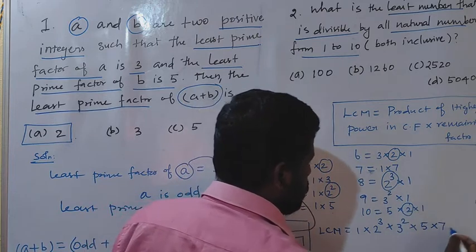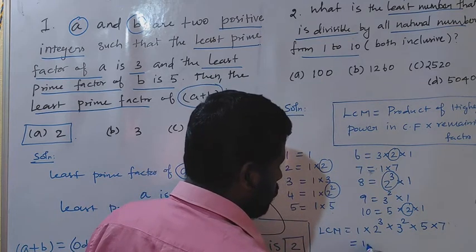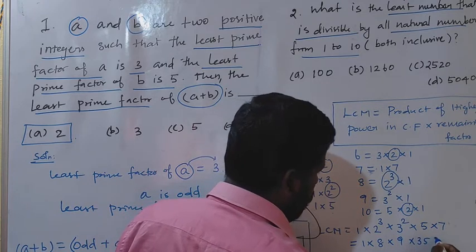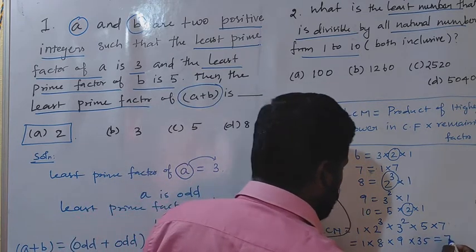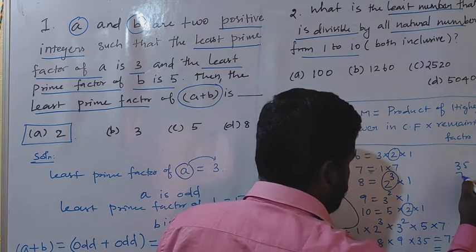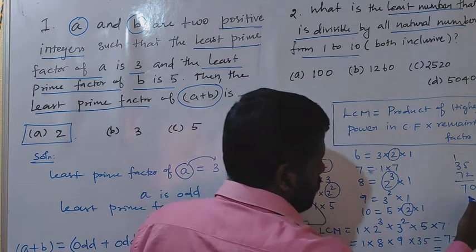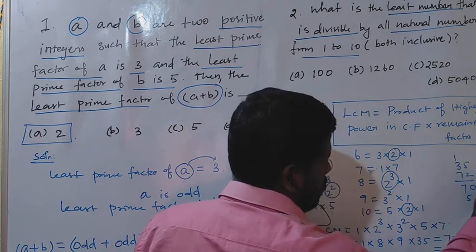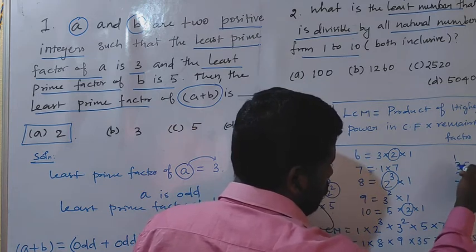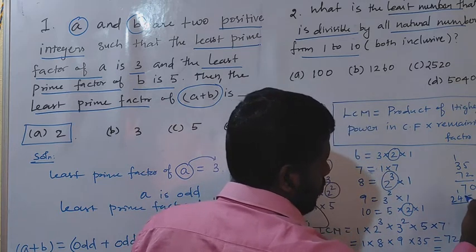Now you just have to multiply these numbers. So LCM is equal to 1 into 2 power 3, which is 8, 3 power 2 is 9, 5 7s are 35. You know that 8 9s are 72. So that's 72 into 35. Let us multiply. 5 2s are 10, balance 1. 6 plus 1, 7. 7 5s are 35, balance 3. 7 3s are 21 plus 3, 24. 0. Then 12, balance 1, 3.